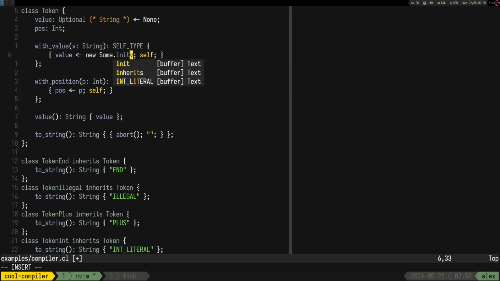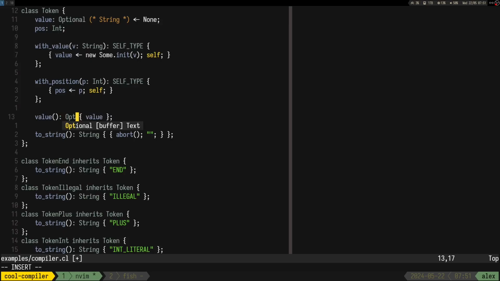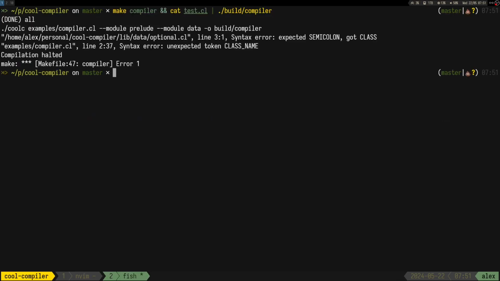Some init v. Okay, and value should be optional, again string. Right, so this one should work like this. So by default it's gonna be none. Right, and now let's follow the errors.